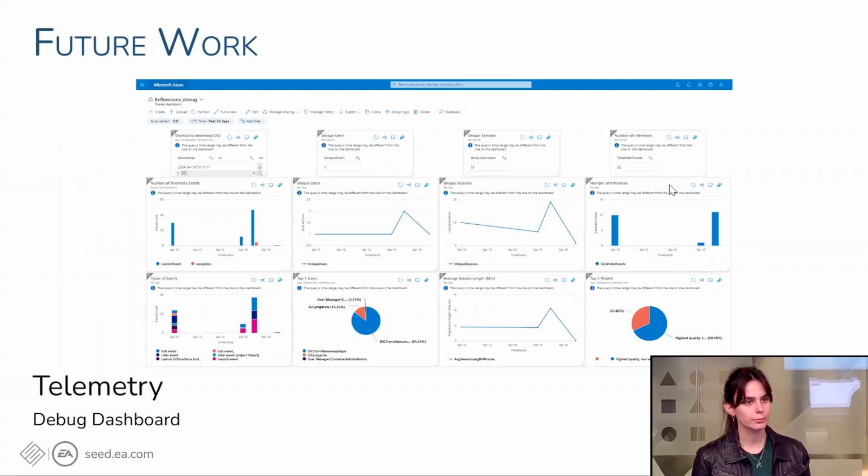We are also experimenting with using telemetry to gather passive feedback. As you can see here, this is our work in progress, but working prototype for telemetry. We are using App Insights, and we are gathering information like the number of users, different types of telemetry events, including exceptions, so that we know when the application is not working.